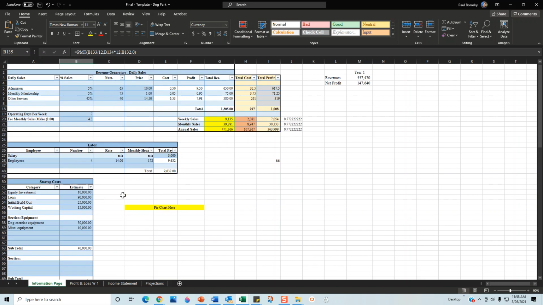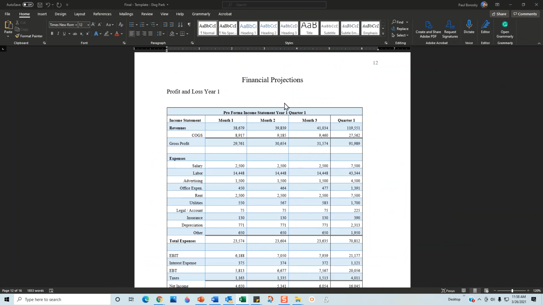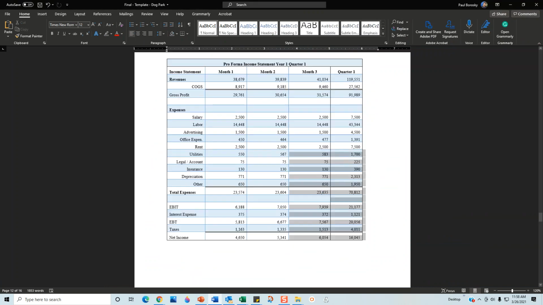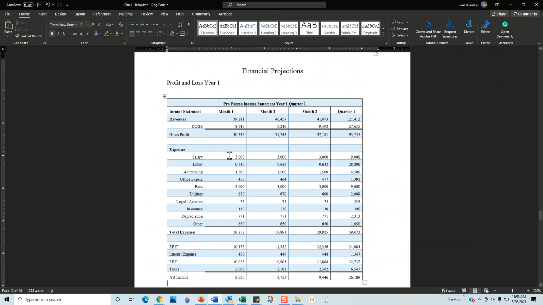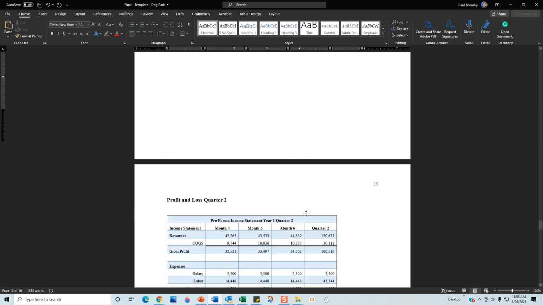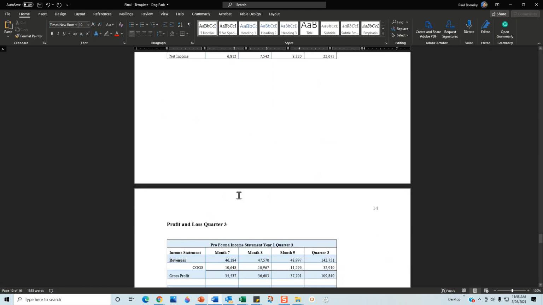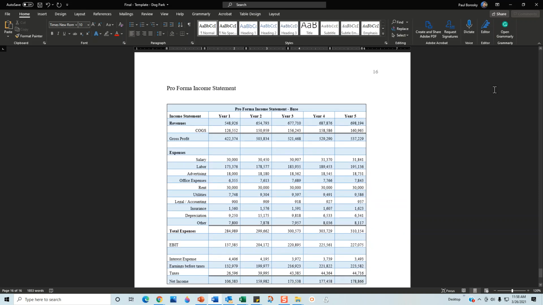So once you're done making all the changes in this nice little succinct section, you would then go to the profit and loss section, and you will highlight the pro forma income statement, quarter one, year one. Hit Control Copy. And then you go over here and you're going to get rid of the old financial statement, delete it, and then hit Control V, and now you've got a new statement. You will do that for quarter two, quarter three, quarter four,